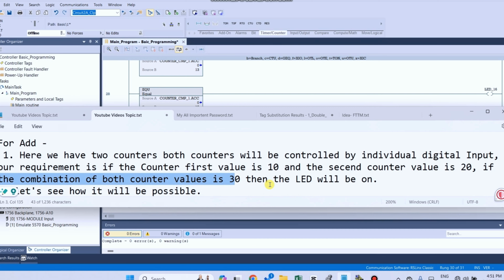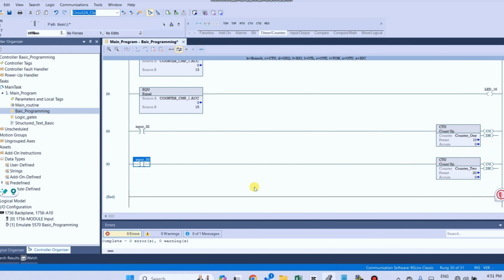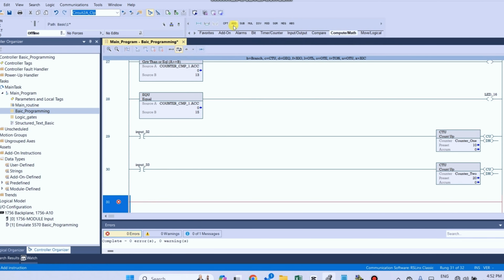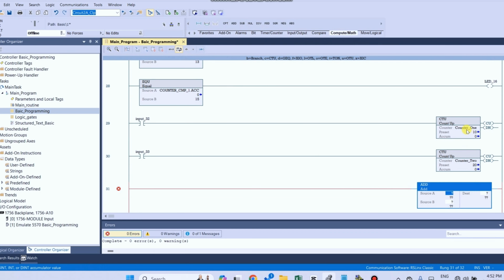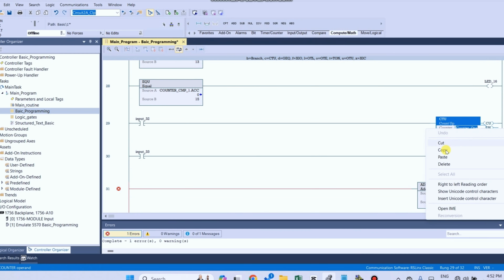So how is it possible? It is possible using the add block. Click on compute mathematical, take a new rung and select the add block.